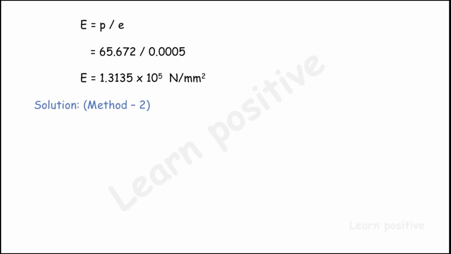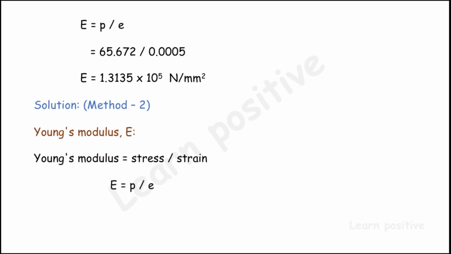And then the second method of the solution is we have to find the Young's modulus, the stress by strain, that is P by e. So now I am going to substitute in the same Young's modulus formula. For stress I am going to write in the bracket load by area, divided by strain, that is change in length by original length del L by L. Now I am going to convert this by the multiplication method. The del L by L is under the divide, so it is converted as PL divided by A into del L. So we can use the formula E equal to PL by A into del L.